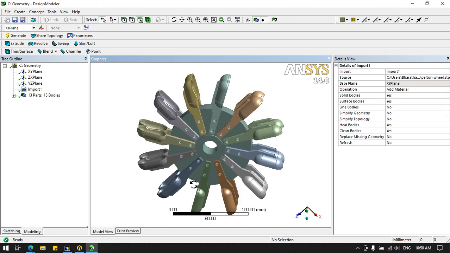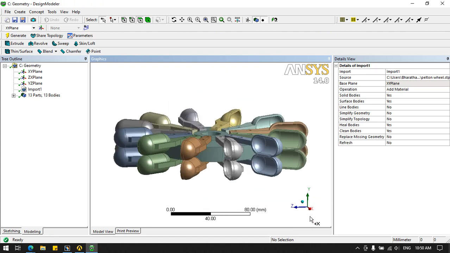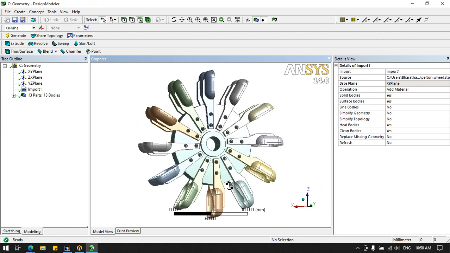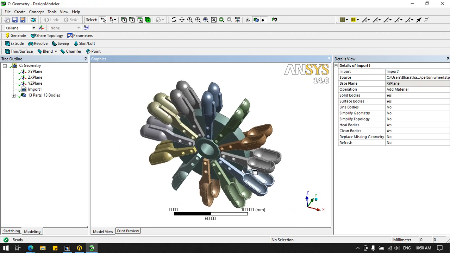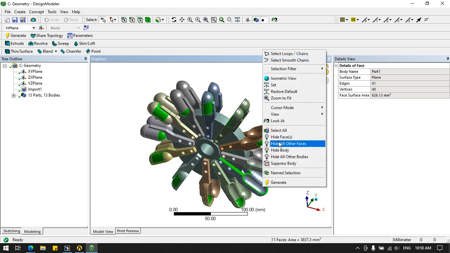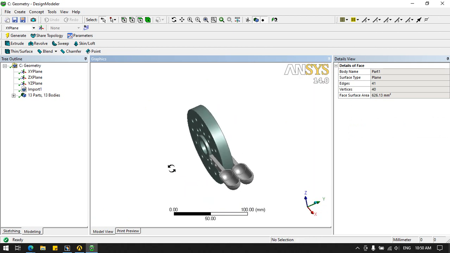Okay, libraries will come. But at the beginning of the section I said that I want to see the stresses over the bucket and wheel. That's why I am selecting the rest of the bodies. I don't want to simulate them, but when you are doing the project, make sure that you use all the bodies. I click, and I'm going to suppress those bodies. I don't want to see the results over there.